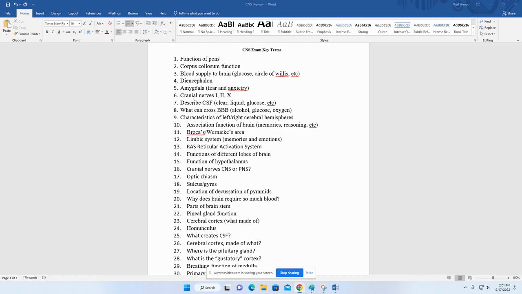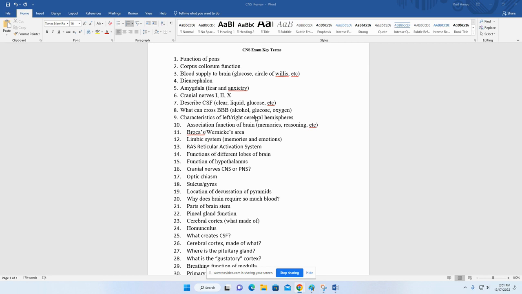There's sensory function, there's motor function, and then there's association function. Sensory function brings signals from the peripheral nervous system, from your body to the brain, to allow it to know what's going on. The motor function is efferent neurons from the brain to the body that's going to create some sort of response. And the association functional area of the brain is basically where memories are stored,